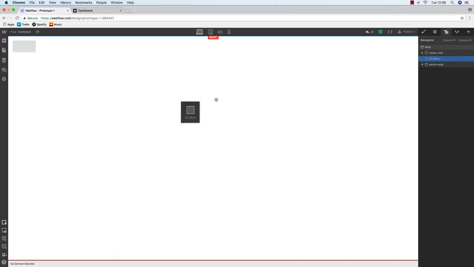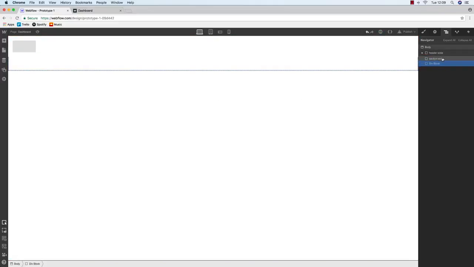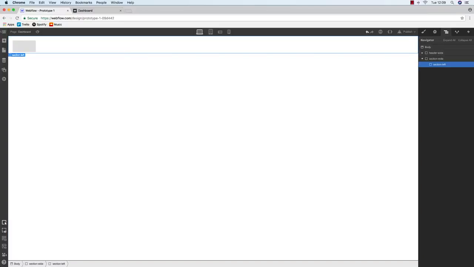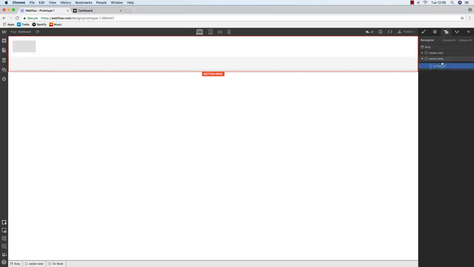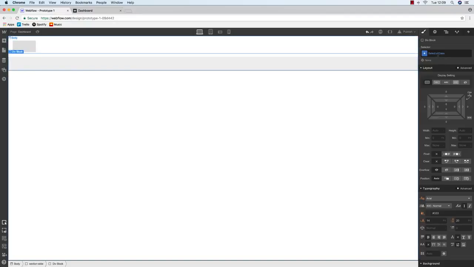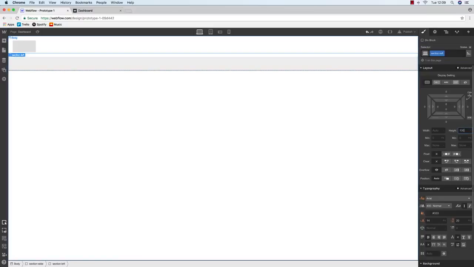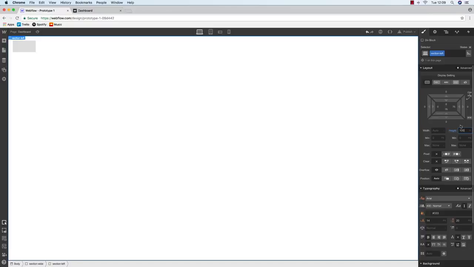So section wide. Let's call this section left. Right. I'm going to call this next bit section right. And we're going to say section left height 100%. Let's give it a fixed width, right? Because we want it to be fixed. So if we have like 200 pixels,